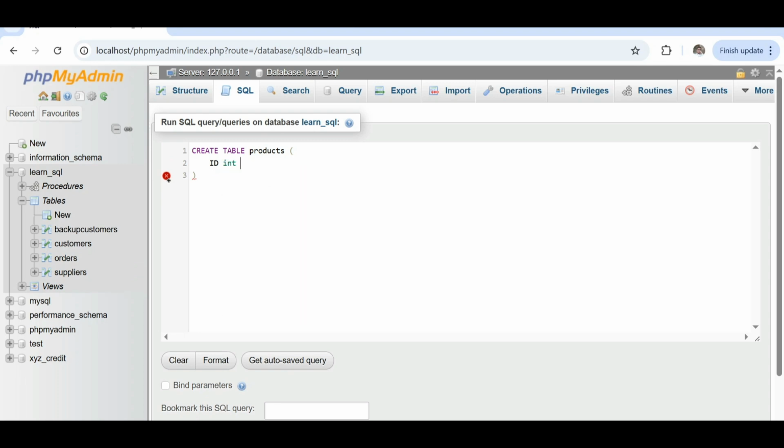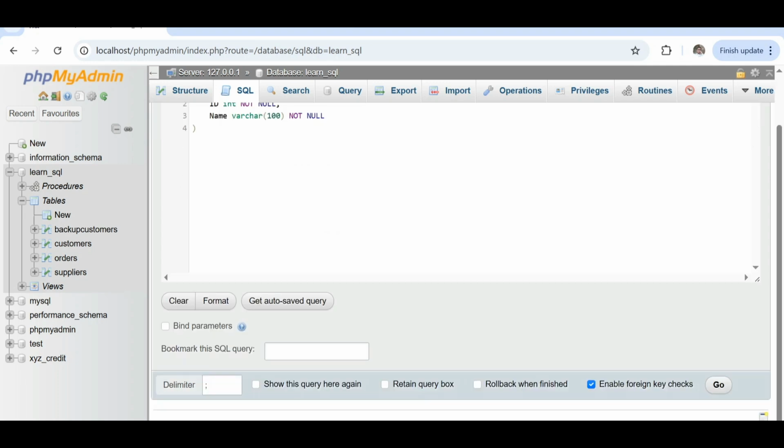Products, for the first, ID integer not null. Sorry, the first constraint that I will demo is the not null constraint. And the product name will use varchar with 100 length and not null.